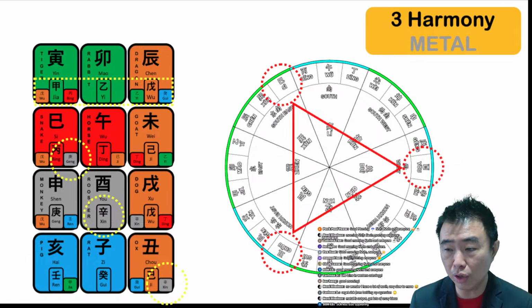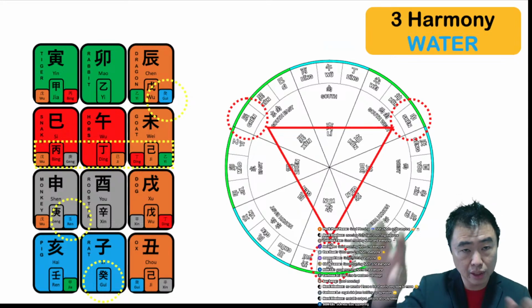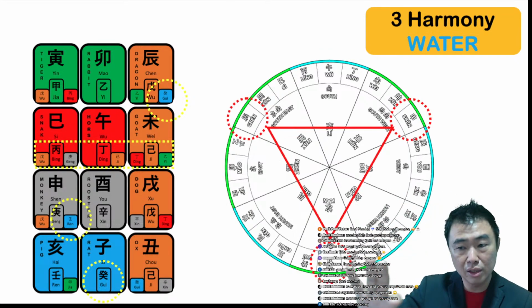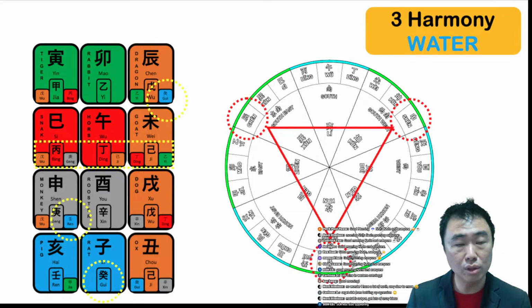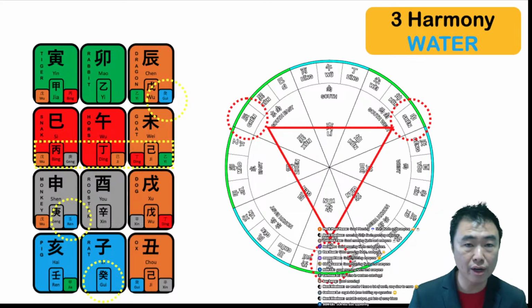So if we go on, right, if we take a look, can you see that the next frame is just again moving downward? The entire chart just moves downward. And then the triangle just goes, right? So this is a water frame. So the monkey, the rat, and also the dragon form a water frame.